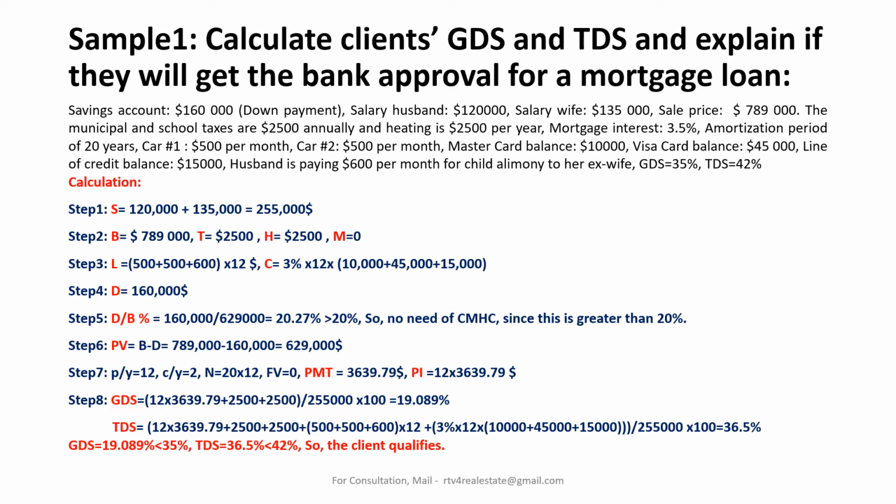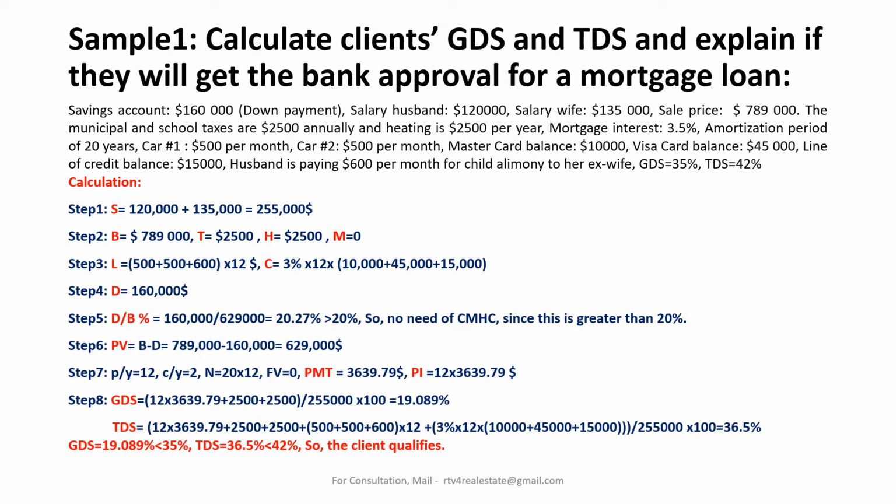Step 5, D by B percent equals 160,000 by 629,000 equals 20.27%, which is greater than 20%, so no need of CMHC, since this is greater than 20%. Step 6, PV equals B minus D equals 789,000 minus 160,000 equals $629,000. Step 7, P/Y equals 12, C/Y equals 2, N equals 20 into 12, FV equals 0, PMT equals